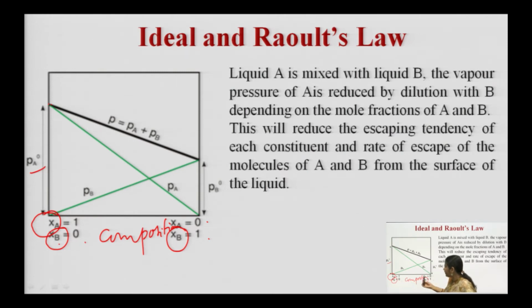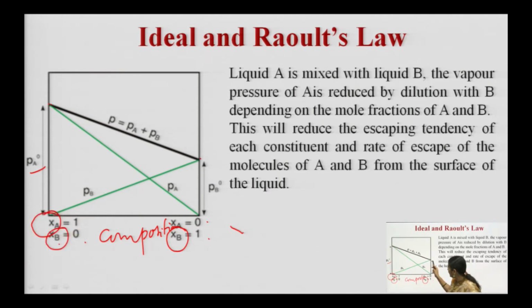A to B. As this B is added to this A, what is happening? The vapor pressure of A goes on decreasing till it reaches 0. You can see the vapor pressure of A is decreasing. And here this represents the vapor pressure of B,